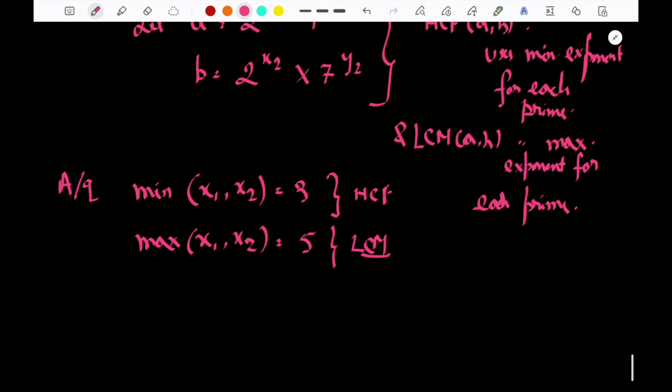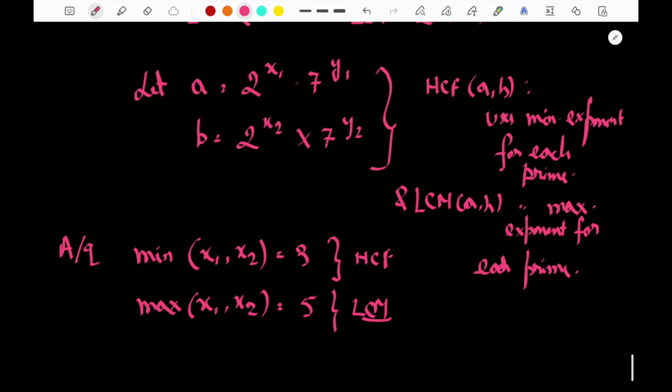Why? Because HCF is 3. So if I am talking of minimum of x1 comma x2 is equal to 3, it means that one of the exponents needs to be 3. If one of the exponents is 3, the other needs to be 5. So it means